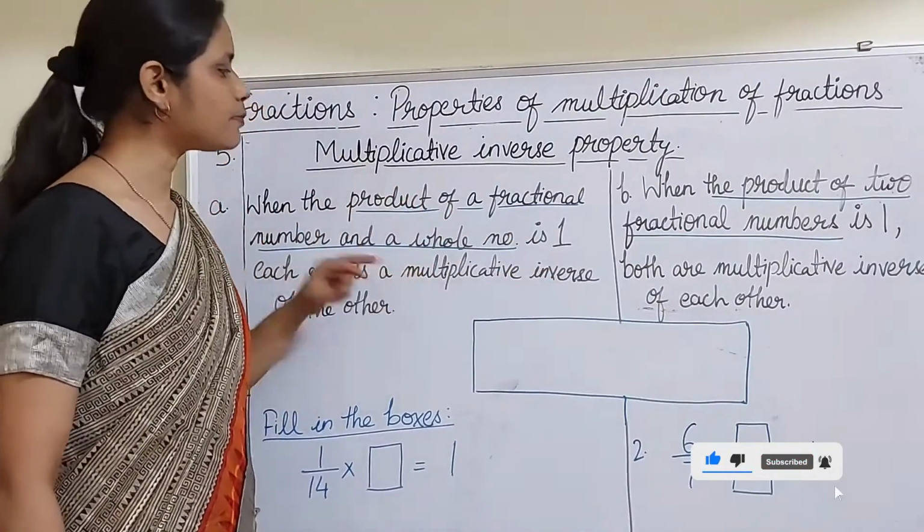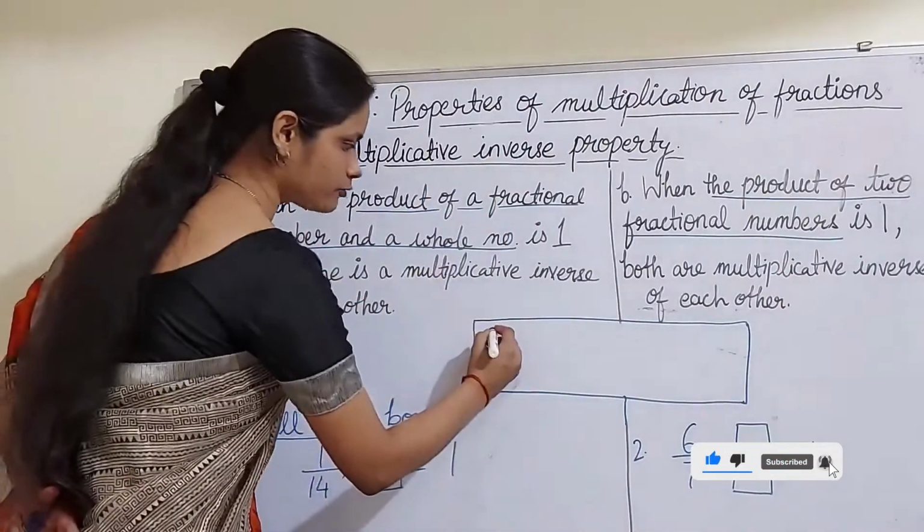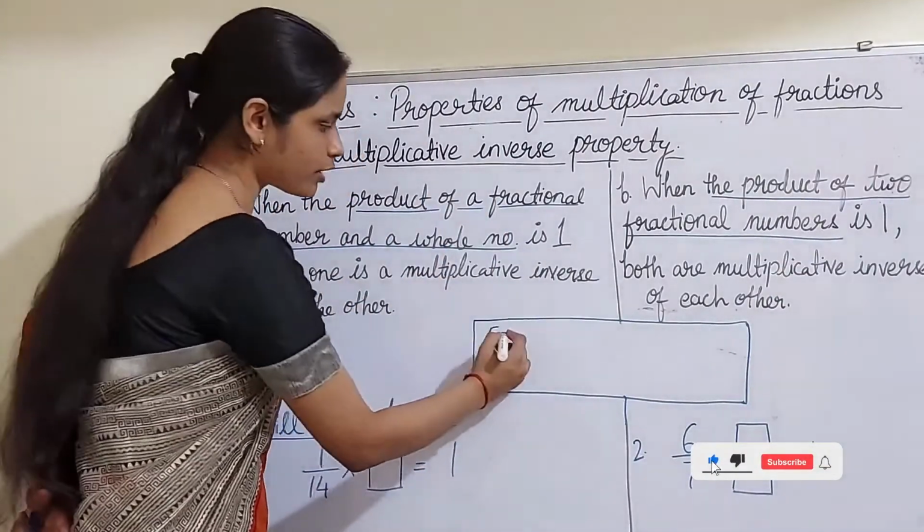Now what is a multiplicative inverse? For a whole number, suppose a whole number is 5. So the multiplicative inverse of 5 will be